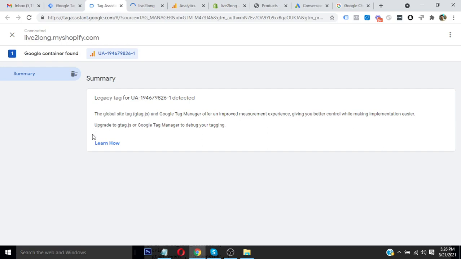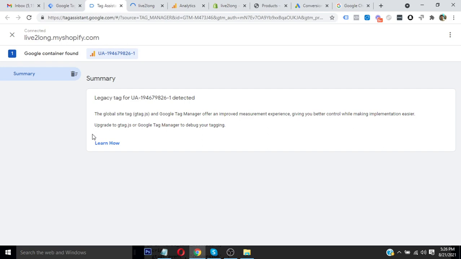So let's go back to real-time view and we need to click here on the real-time option from the report section. From there we can see right now we are the one user there and we have clicked two to three times and navigated to another page, so we can see that. So it looks like the tracking is working perfectly.